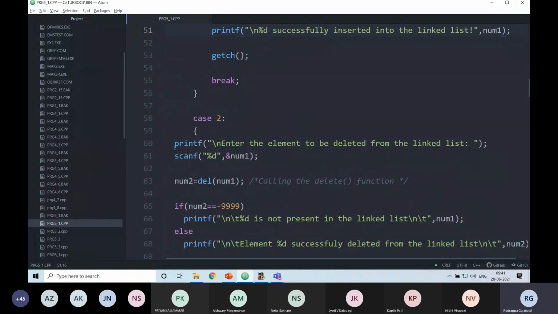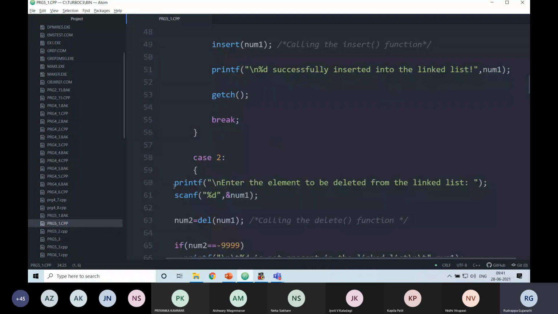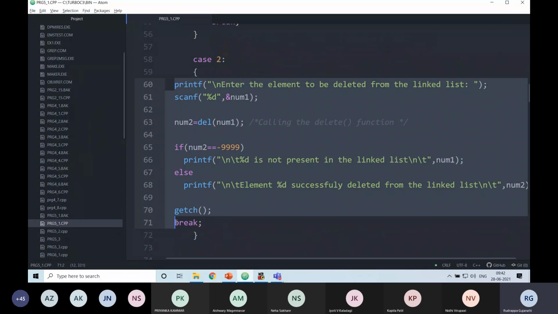If the choice is 2, you perform the delete operation. Therefore what you do is you call